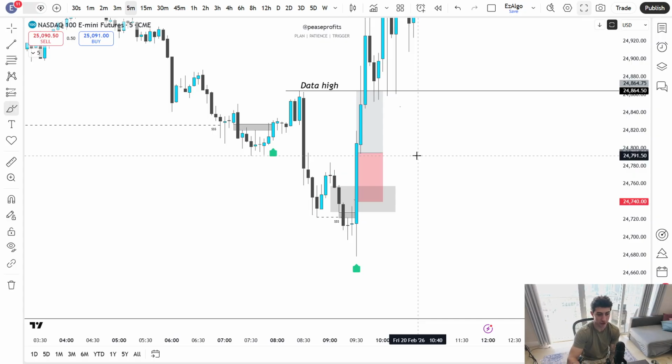Like pretty much every single day this week, I've had a bearish bias and I have been wrong, or I've had a bullish bias and it goes bearish and I've been wrong on my bias. That being said, I'm still up for the week. I'm still in green for the week because I'm adapting to price action. I'm not getting married to my bias, right?